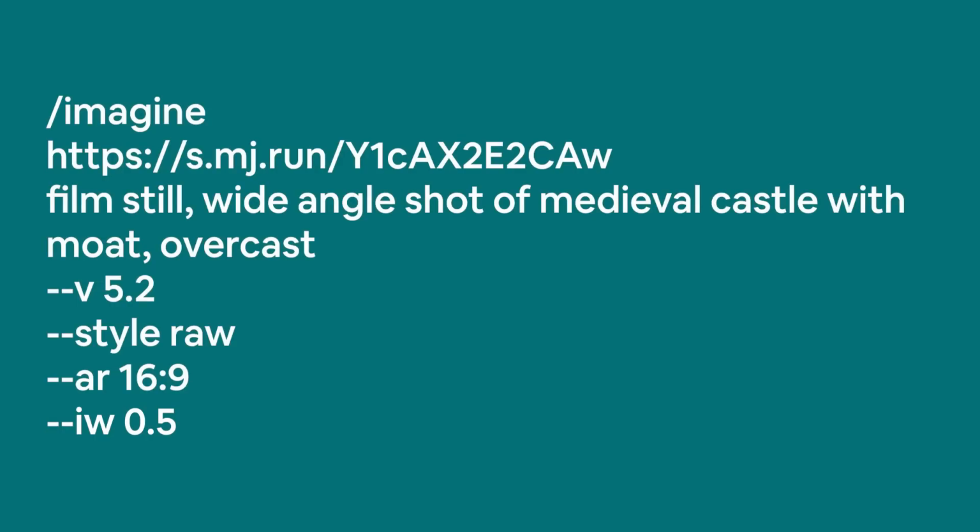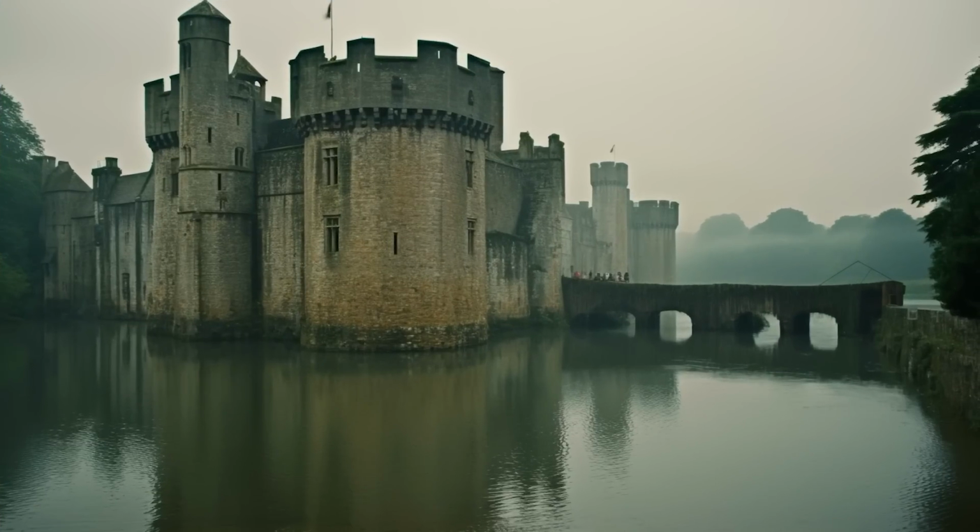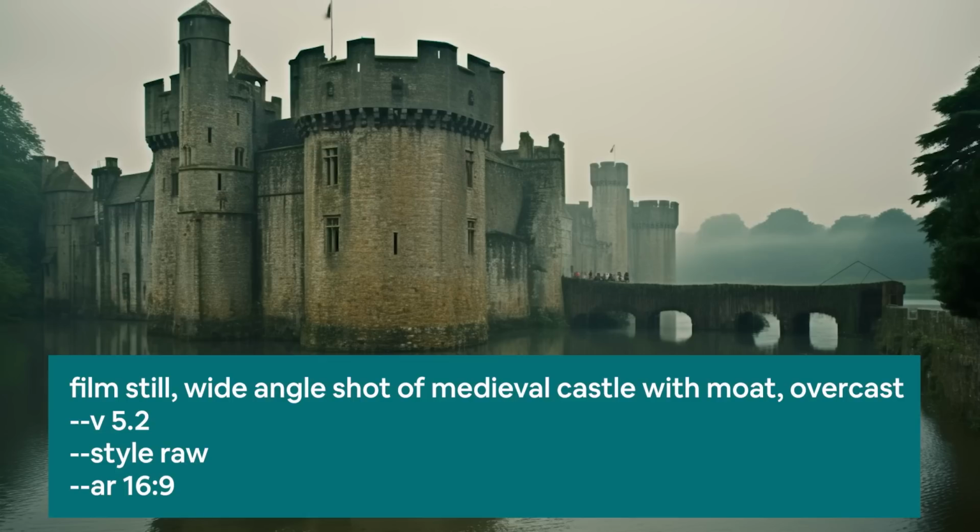You'll also notice that I left out some of the stylistic details. We'll bring those back in a bit. So I had to re-roll this prompt twice, but I eventually got this set of images. From these, I picked the bottom right one, and I upscaled it. Since I wasn't super happy with the bridge, I then used Scaffolding Remix by hitting the Vary Subtle button and